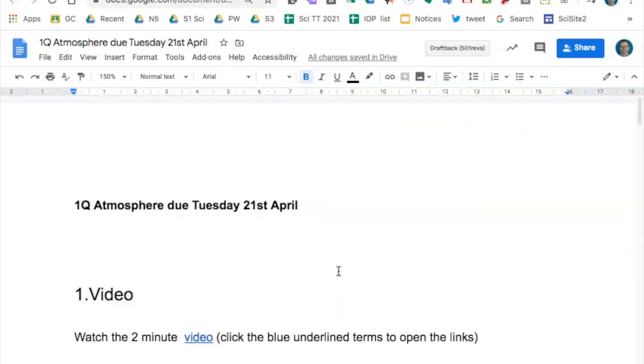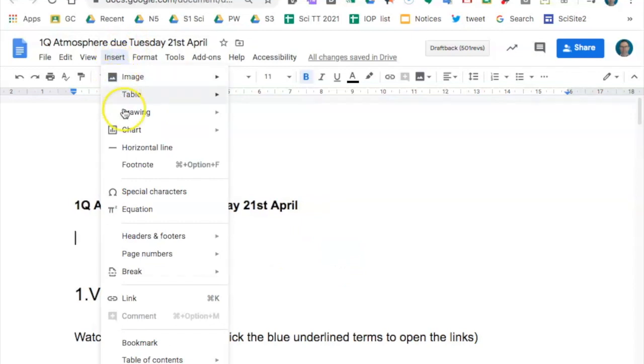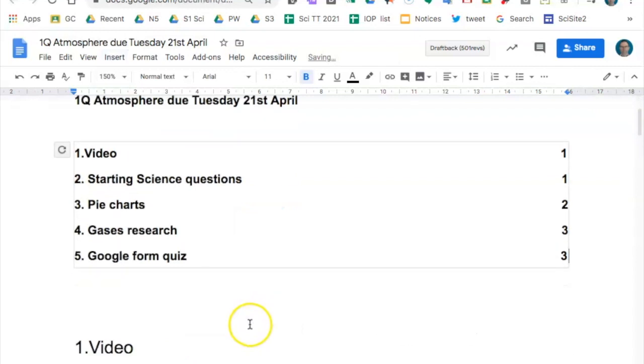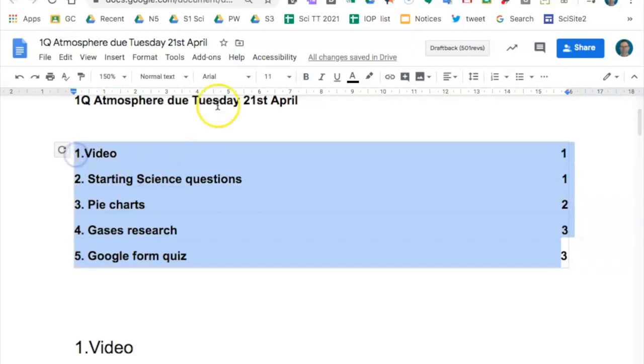All these 5 things I'm asking them to do next week, I'm going to just say, right, this is exactly what I'd like to do, so it's quite clear. So we'll put in a table of contents, and that lists all those things because all those headings are in heading 2, and so that's all listed. Then copy and paste that,